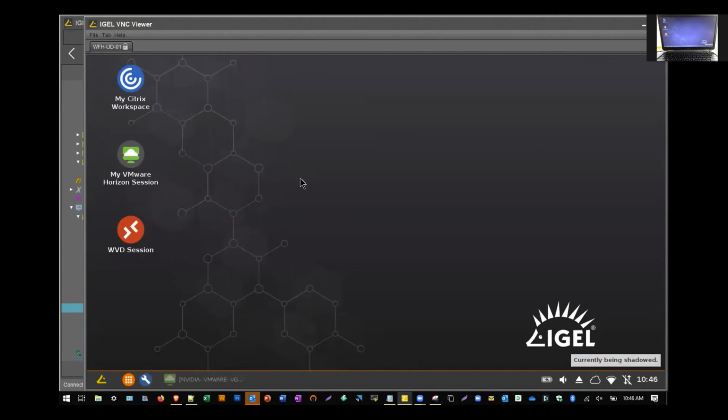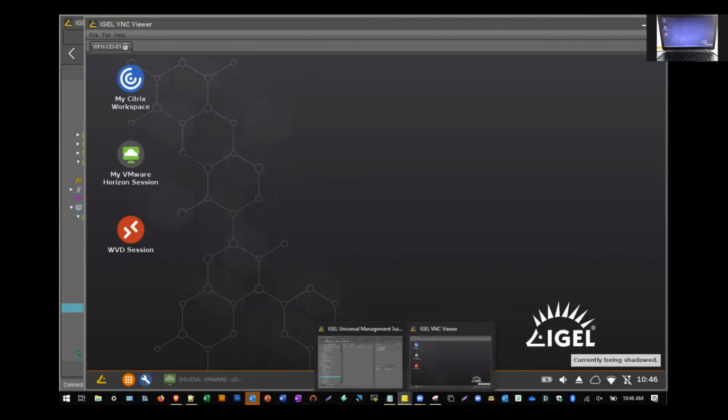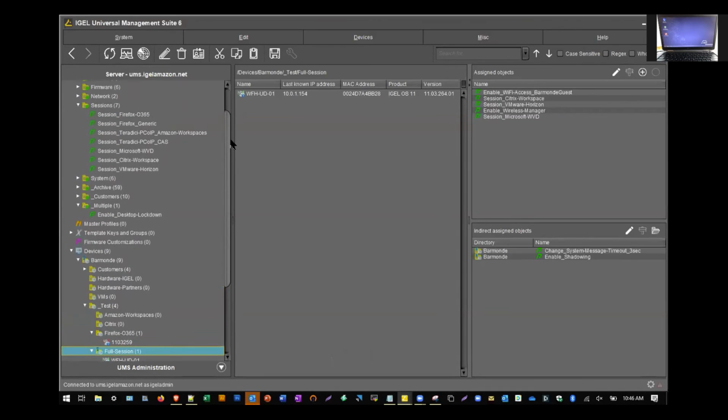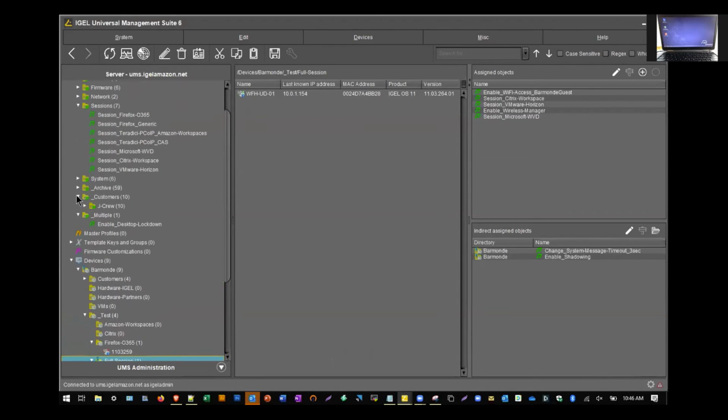The other concept here is that, as Simon mentioned, a lot of companies like Zoom, Amazon as well, have created programs during this situation that allow you to take advantage of basically a free tier that is much more expansive than a typical tier. So as an example, Amazon has the ability to actually give you up to 50 free desktops on their Amazon Workspace solution that allows you to actually use those. So here, I'll show you exactly what this looks like and how we can actually work with that.